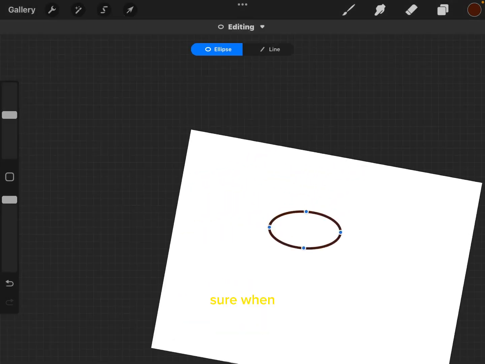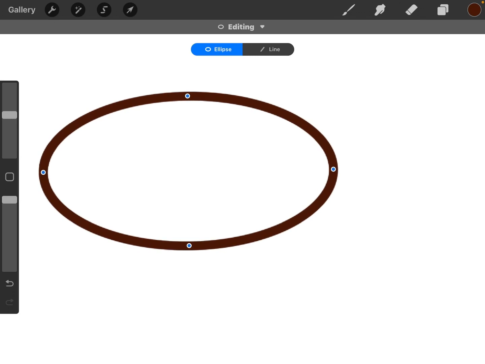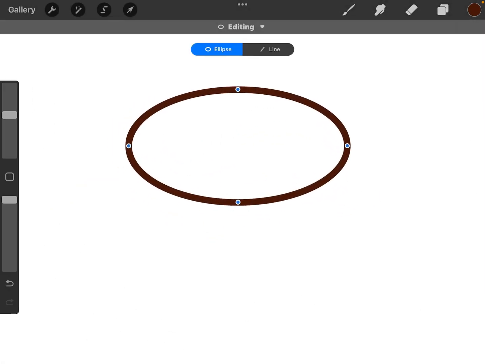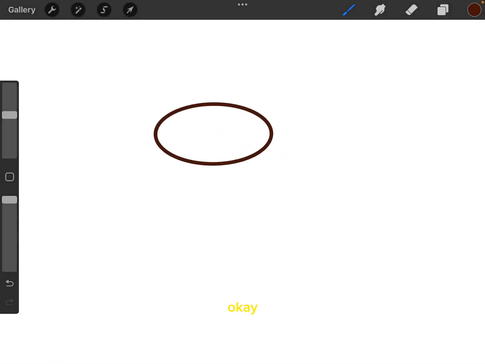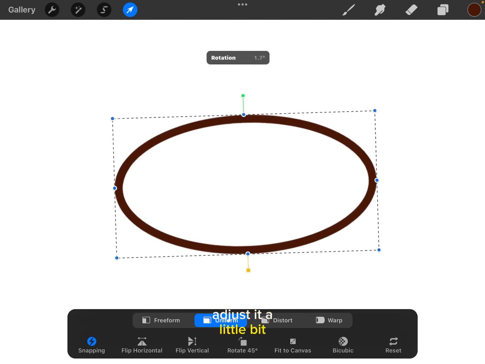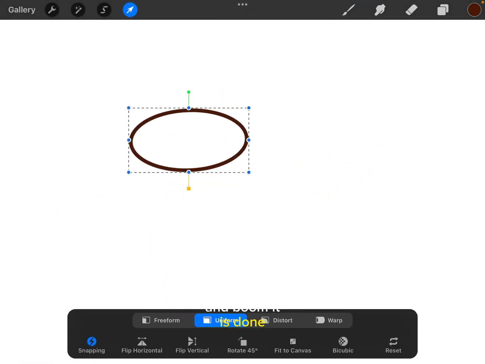So you're gonna make sure when you zoom out, it's like straight. And like that. Okay, finished it. Just gonna adjust it a little bit with the rotation on the clicker, and boom, it is